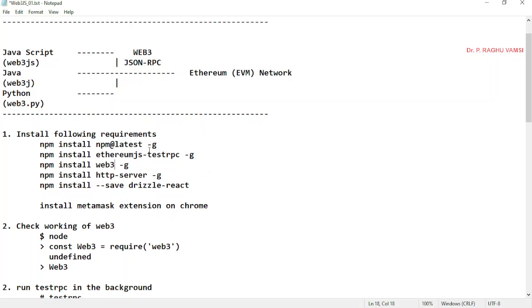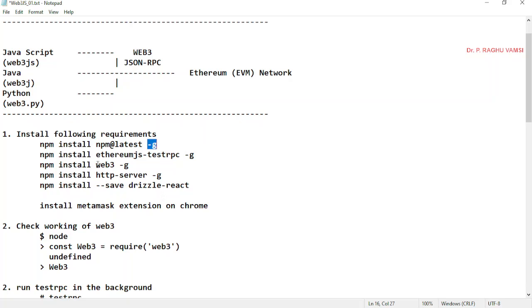The -g flag is recommended only if you want to access this API globally in your entire system. I hope by this time you got how to install the packages for this. I have installed web3 and all these things in the Bodhi Linux image.